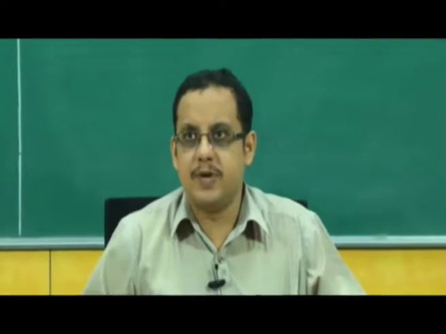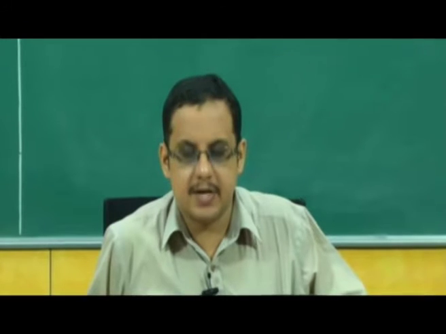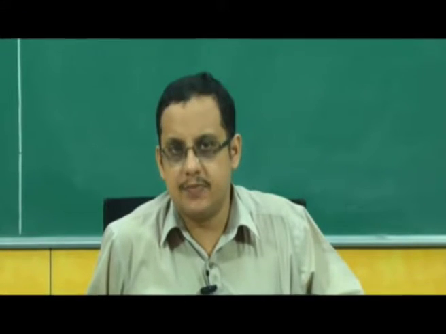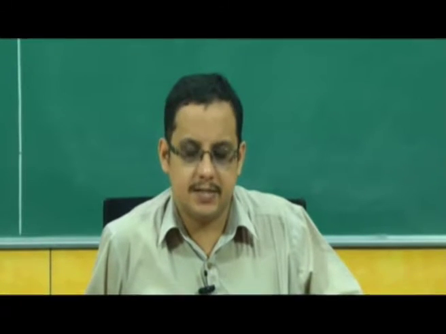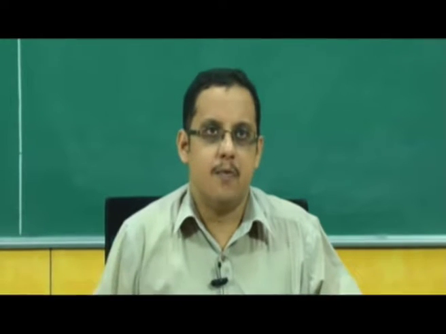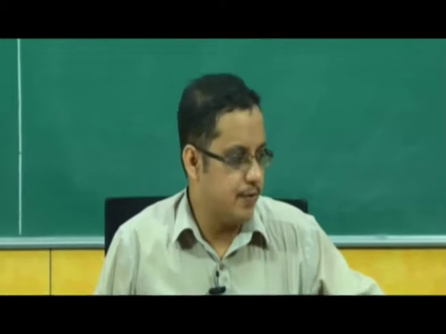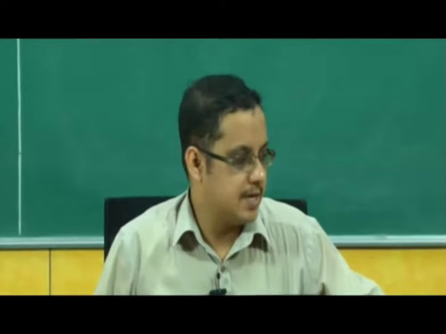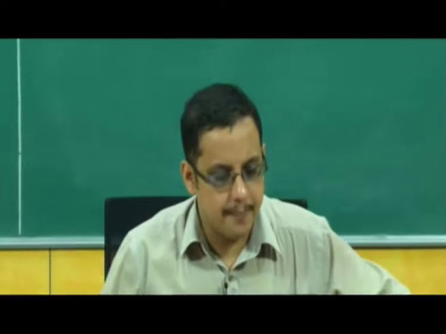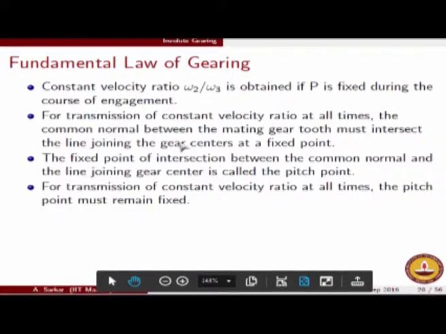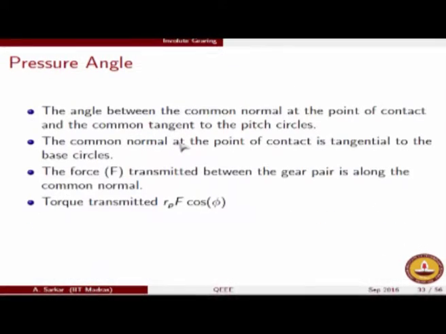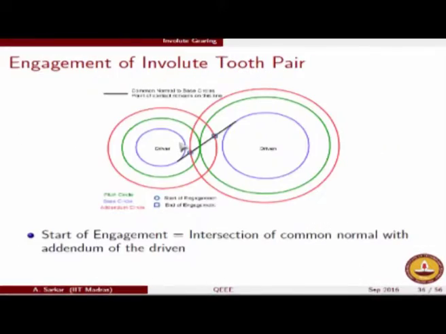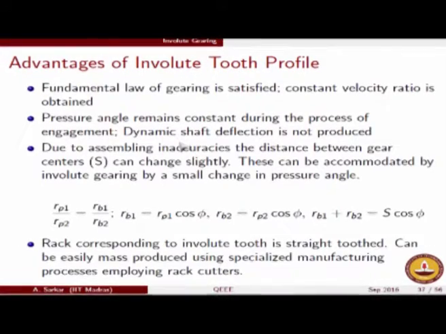So in the last two classes we had talked about the details of the spur gear geometry. In particular, in the last class we analyzed quite some details about the involute tooth profile, why it is necessary and what are the advantages we get out of the involute tooth profile selection for the gears. So we will start today's class with an exercise problem which will help you get clarified about the way the calculations are done.